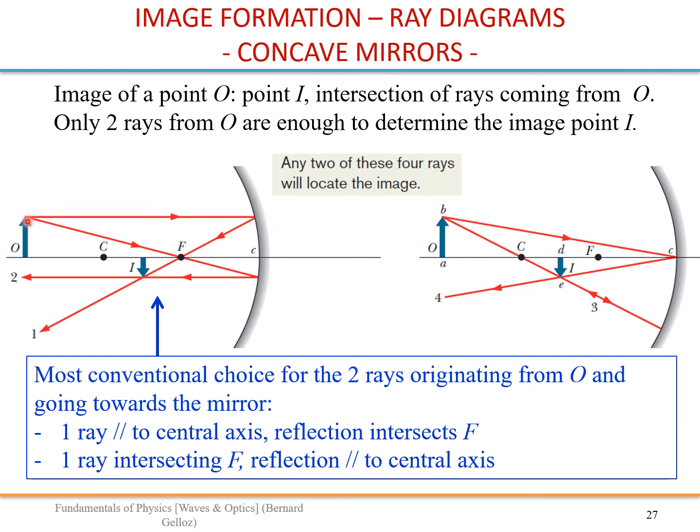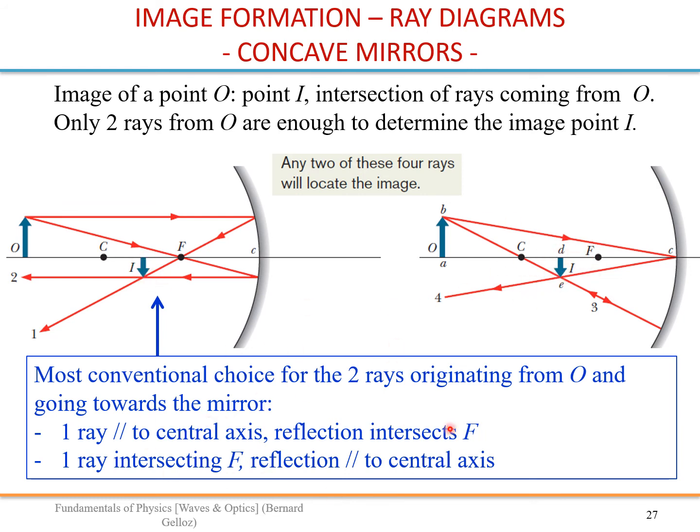The other one is using the time reversibility, so it's an opposite ray. In fact, if you take a ray that is intersecting that focus point, you know that it will emerge from the mirror as a ray parallel to the central axis. So, principle of reversibility: if you take that second ray and go the opposite way, you will be parallel to the central axis and then intersect the focus point. So the intersection of these two rays is here, and you find the same image as using this choice.